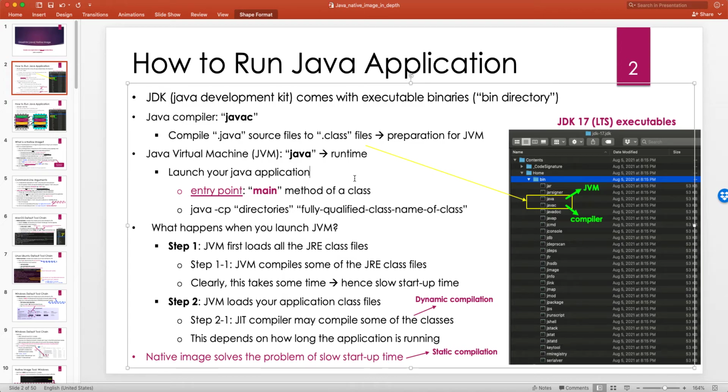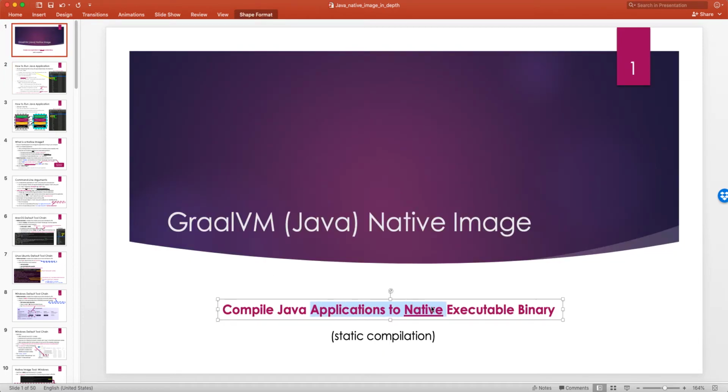And we know that Java is platform independent. That's why you can use a jar file on one platform and then another. And that's a very nice benefit of Java, right? And by the way, when you use static compilation and compile your Java application to a native executable, obviously these executables are not compatible across different platforms,